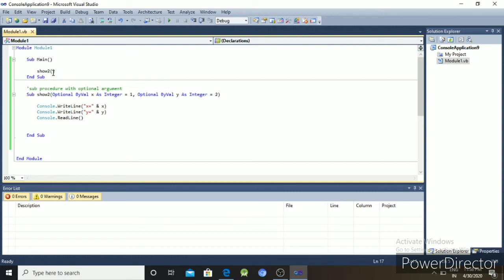But if I want to change only one optional value, what is the output?